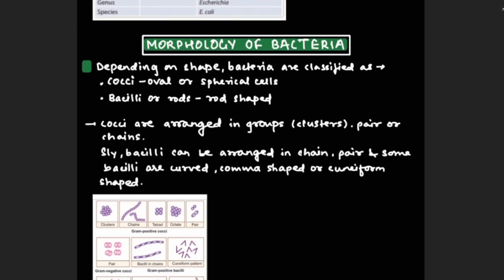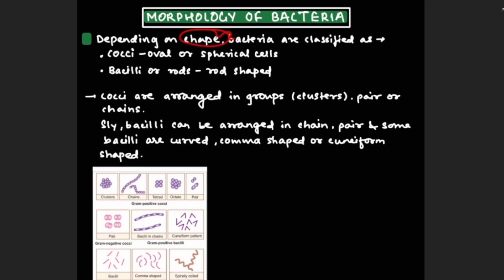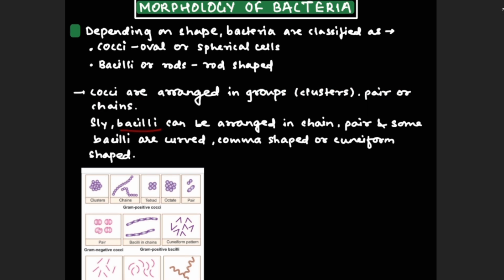So now let's discuss the morphology of bacteria. Depending on the shape, bacteria are classified as cocci, or bacilli, which are rods. Cocci are bacteria which are oval or spherical in shape, and bacilli, or rods, are rod shaped. Cocci can be arranged in groups as clusters, pairs or chains. As you can see, bacilli can also be arranged in chains and pairs, and some bacilli are also curved, comma shaped,